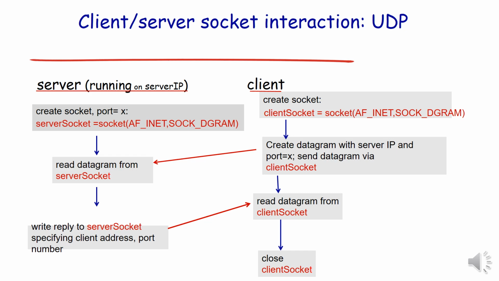Once the client wants to execute a program which translates lowercase letters to uppercase letters, it starts reading from the keyboard and it sends the data with the server IP address and the port number. Together this makes a socket address, and this is sent to the server socket. The client socket and the server socket are actually sharing a common socket. That is, at the server side it is a variable serverSocket and at the client side it is a variable clientSocket. But both are similar and both are sharing the common location also.